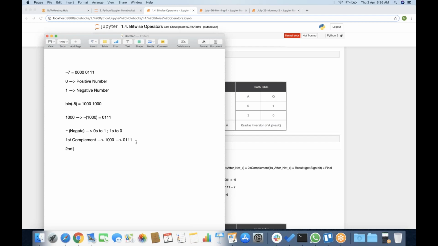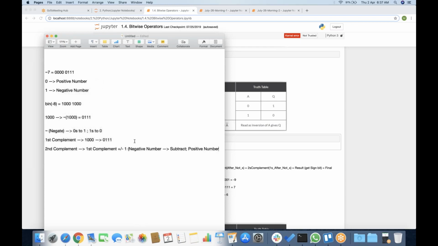And second complement is first complement plus or minus 1. The question is when we need to add or subtract; it depends on the value that we have to calculate. If it is a negative number, we need to subtract. If it is a positive number, we need to add